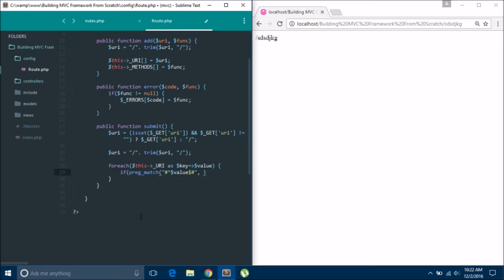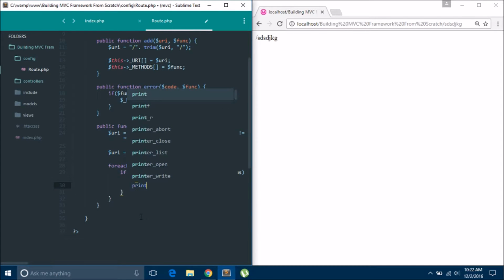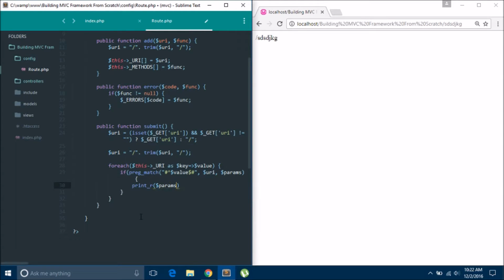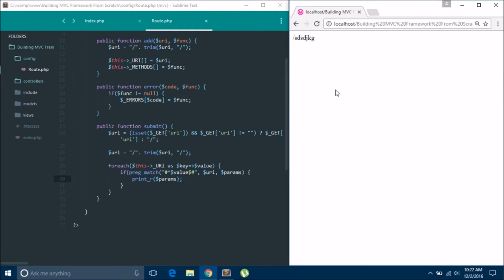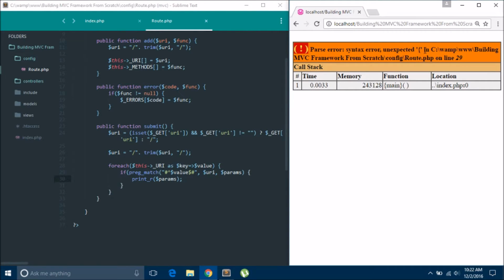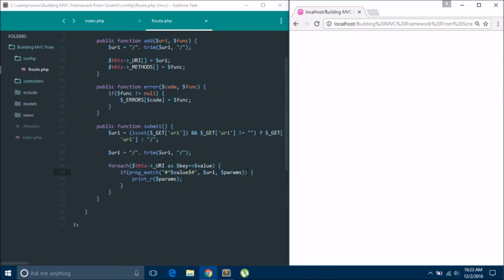If it matches our URI, then we will get a parameter array. Let's print that one out to show you what we are actually getting here. So now make this one bigger here. We get an error, closing braces. Right,